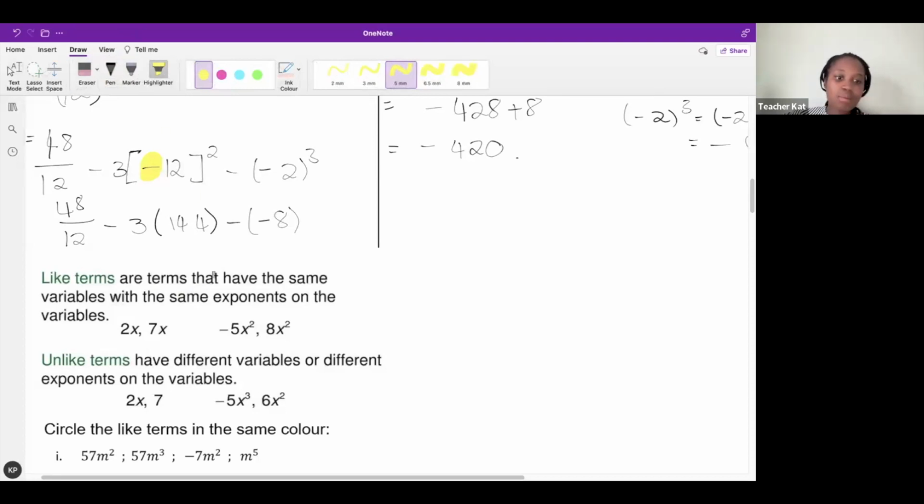Okay, so like terms have the same variables with the same exponents. So not just the same variables, the exponents have to be the same as well. And unlike terms, that means they either have different variables or different exponents. What this means is that